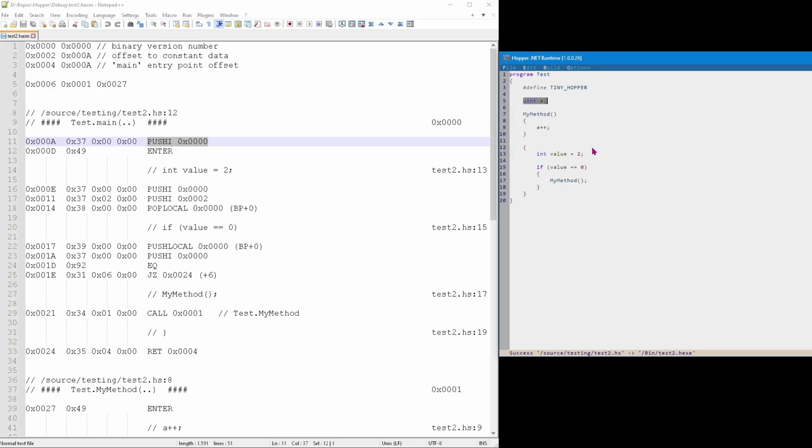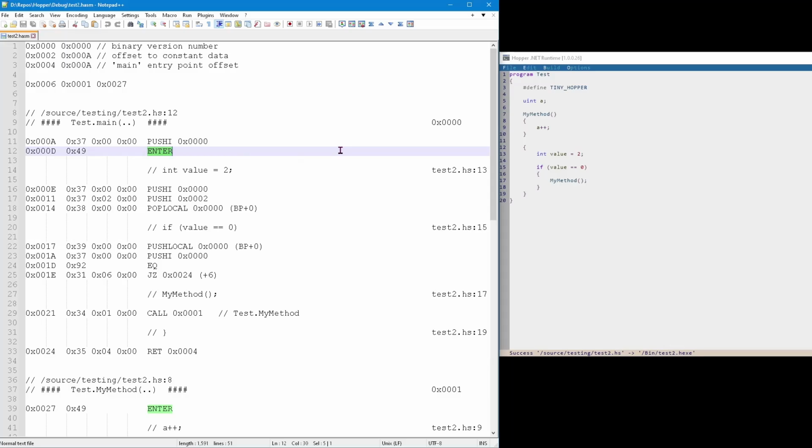So before I enter my main, the global variable must exist on the stack, or at least a slot for it. And in Hopper, there's no such thing as an uninitialized variable. Everything is 0 initialized by default. So A is going to be 0 by default. Then we hit enter. And what enter does is it sets up a stack frame, very common for stack-based